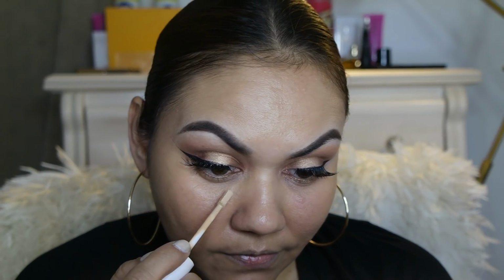And for concealer, I'm going to go in with my ColourPop concealer in number 30. A lot of people say that this oxidizes on them. I haven't seen that on me, so I'm really happy about that. And the fact that these concealers are so affordable,